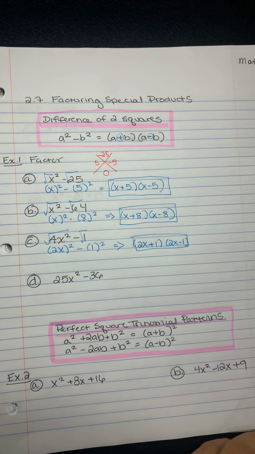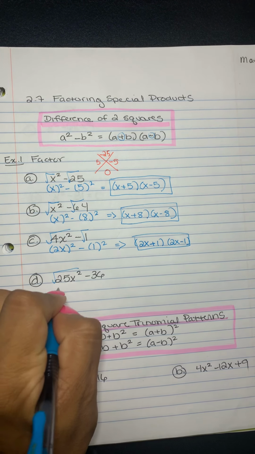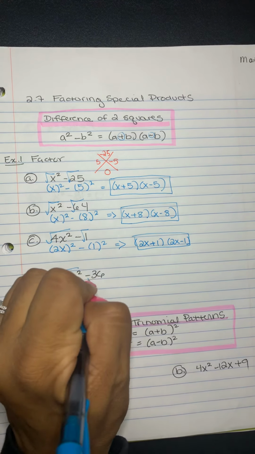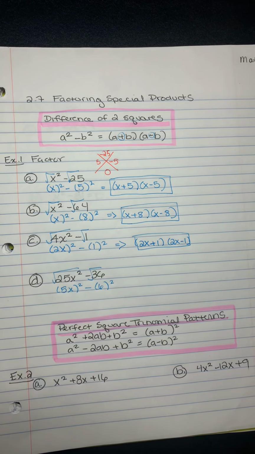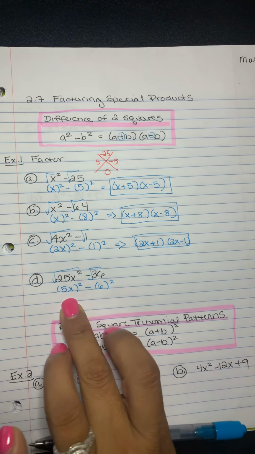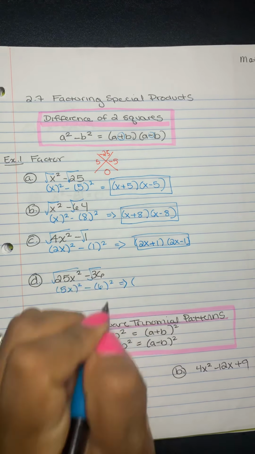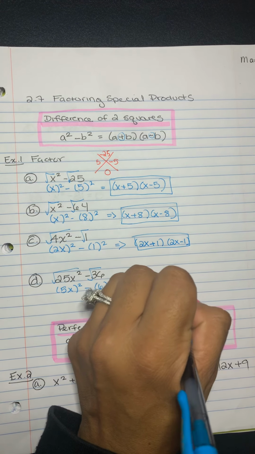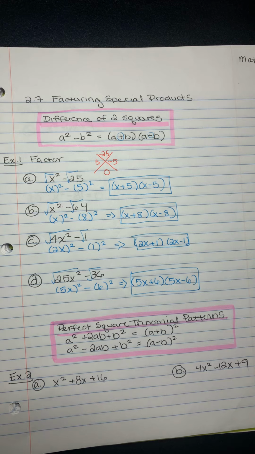All right, the last one is D. Again, we're taking the square root of 25x squared, which is 5x, and the square root of 36 is 6. We've identified our A, identified our B, 5x plus 6, 5x minus 6. And there you have it. All right, the next